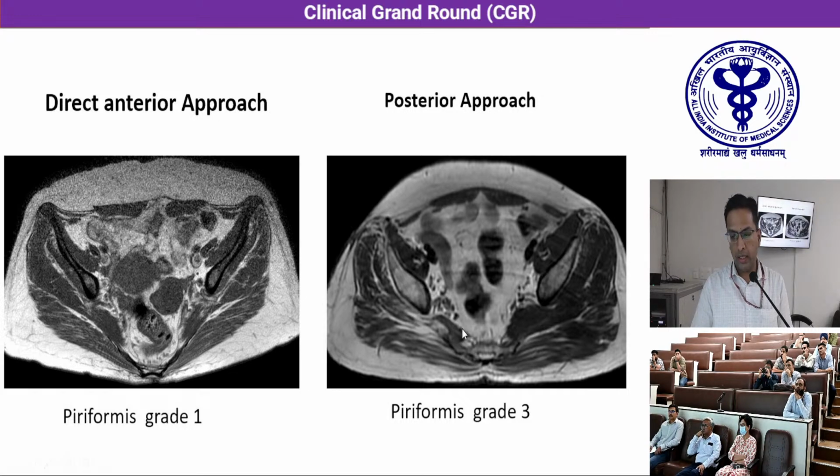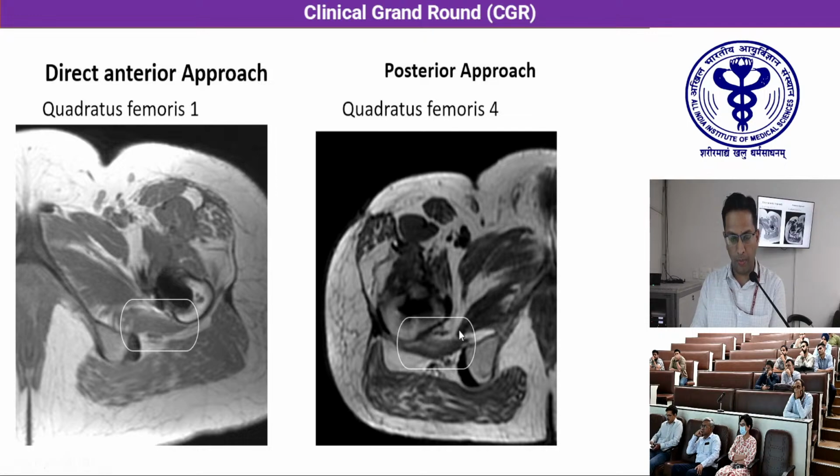On the other hand, this is a patient who was operated using the posterior approach, and we see there is marked atrophy of the piriformis on the right side compared to this bulk. And even in that, the amount of fat component is more. Similarly, here this is the direct anterior approach patient, and we can see the quadratus femoris, which is convex. It appears reasonably okay in bulk. Compared to the posterior approach, where there is more than 50% fatty infiltration, the muscle is flattened and